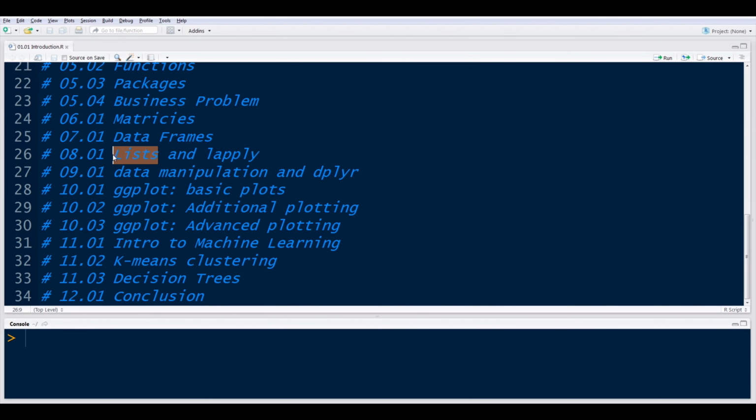Now list is a data type within R that's pretty unique, but